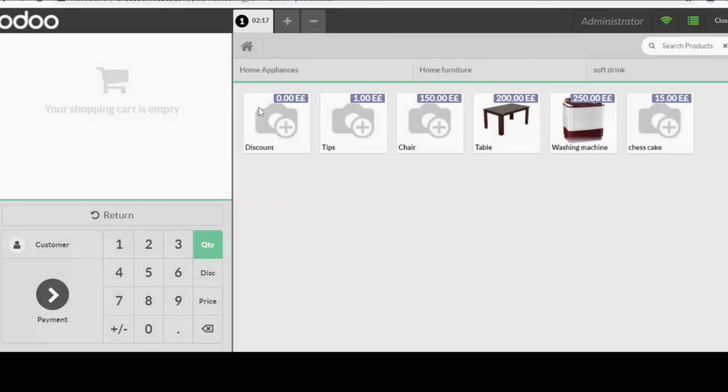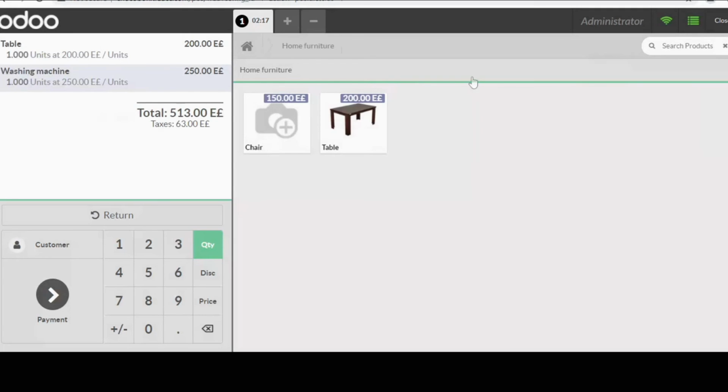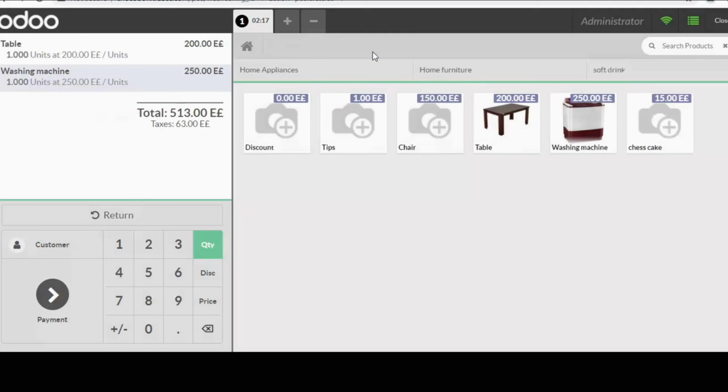Now you can see all the products from here. We can choose the products. We can see the different categories: home appliances, home furniture. You can select from here, so all items are there.